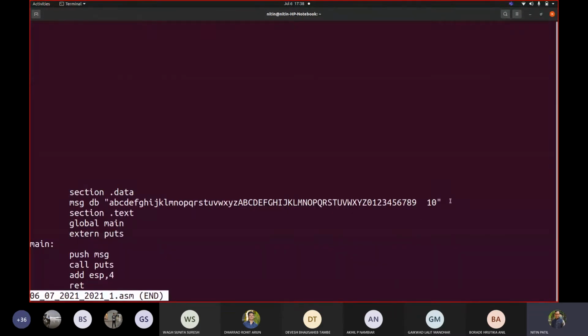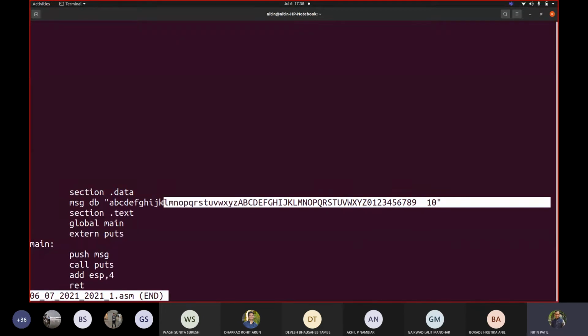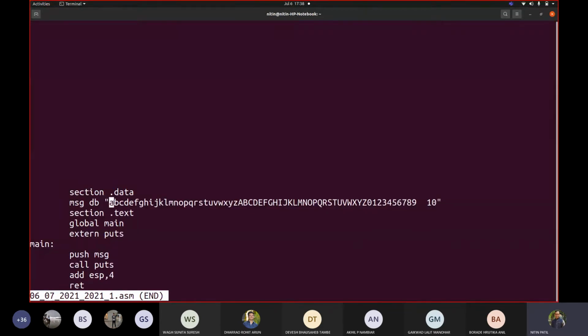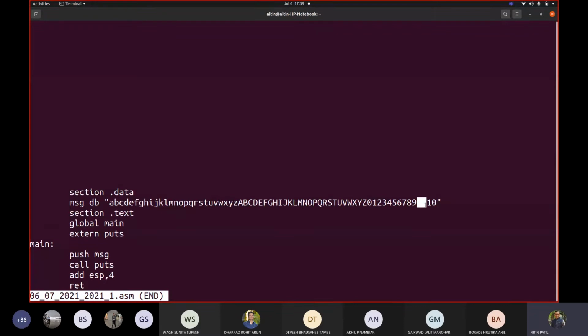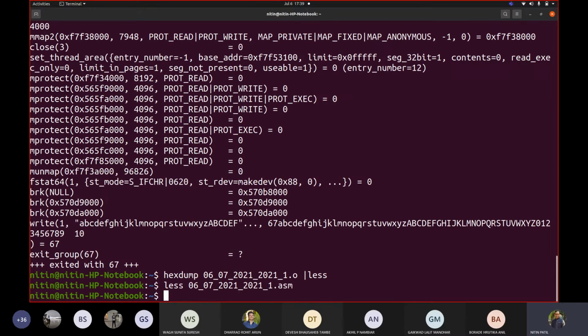Now if I see, I wrote this, correct? So if I see the number of characters, these are 26, correct? 26 plus 26, 52, 52 and 10, 62, 62, then these two spaces, correct? And then 1 and 0. But I can see that it is adding one more thing. It is because of the puts call. Now if I go with